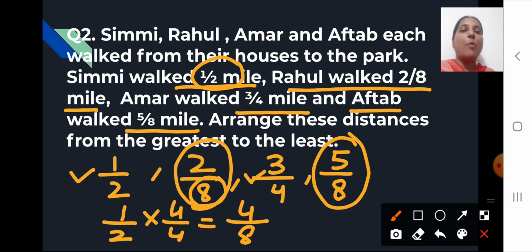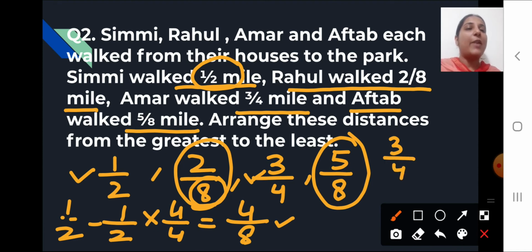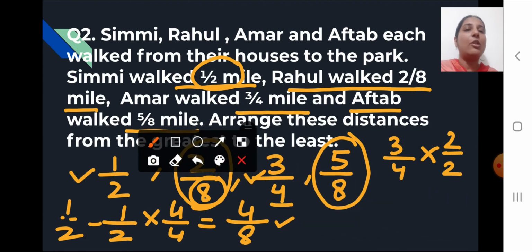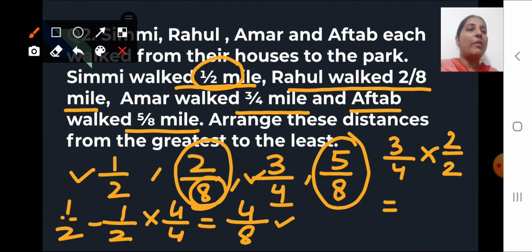Now this 1/2 is also a like fraction. You can see it has the same denominator. Similarly, we will convert 3/4 also to a like fraction. To make it like, what do we multiply by 4 to get 8 in the denominator? That is 2. So we will multiply both the numerator and denominator by 2. So what will we get? 3 2s are 6 and 4 2s are 8. Now you can see all fractions are like. So now we can easily compare their numerators.